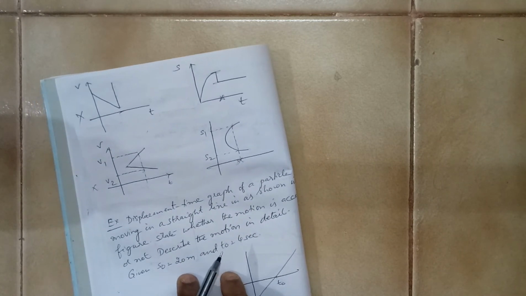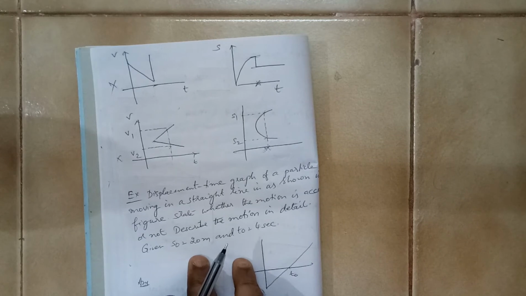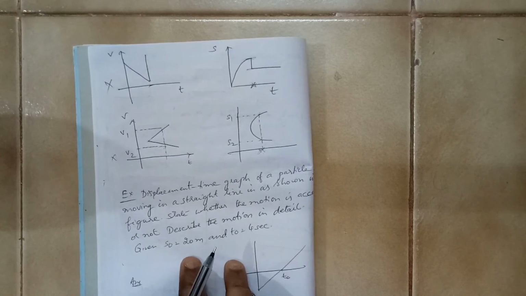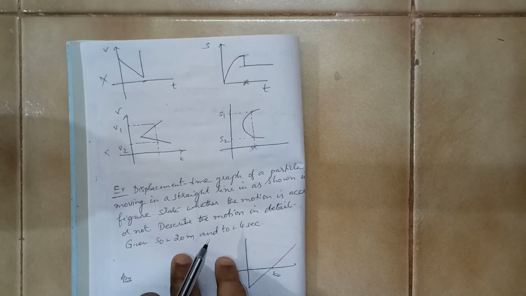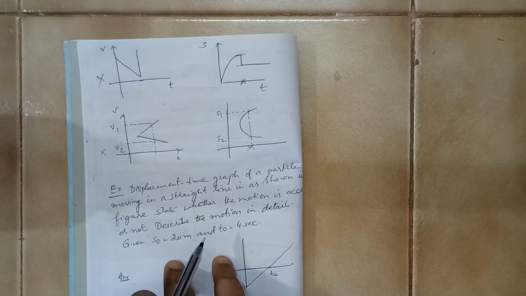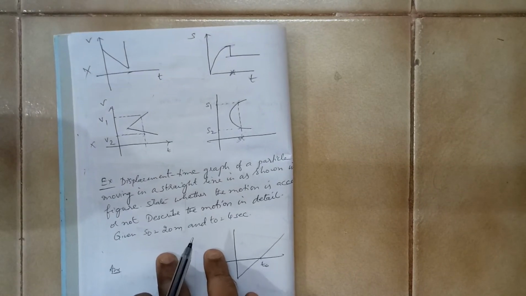So carefully see in the x-axis and y-axis what physical parameters are given, and based upon that, most of the times we talk about either the slopes or the areas only. You have to see whether you have to calculate the area or the slope. And when you are talking about displacement, you have to take care of the signs as well.